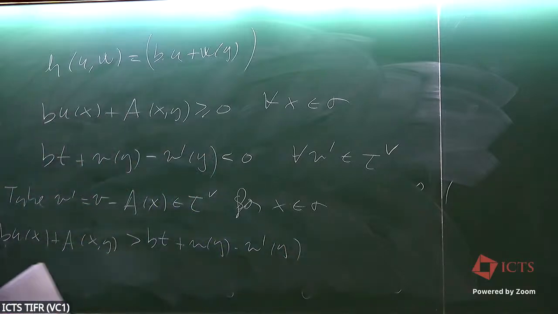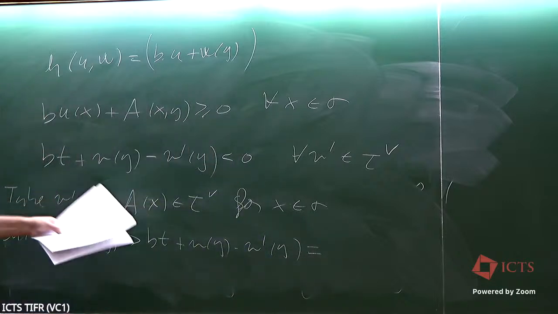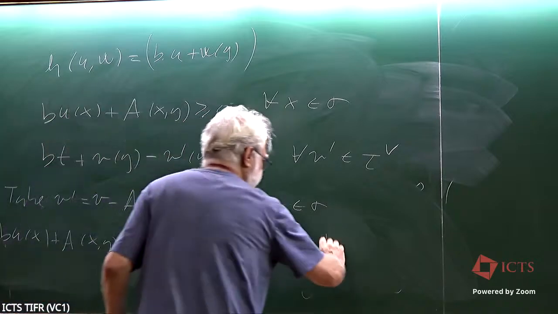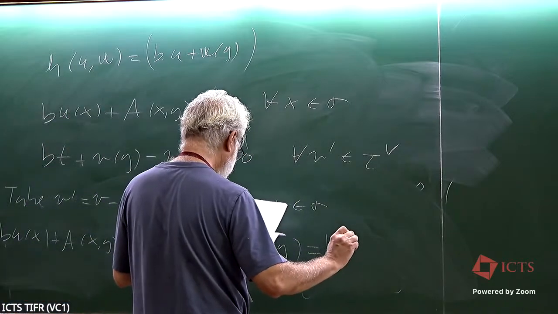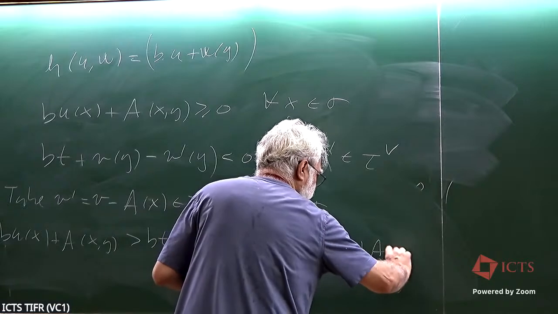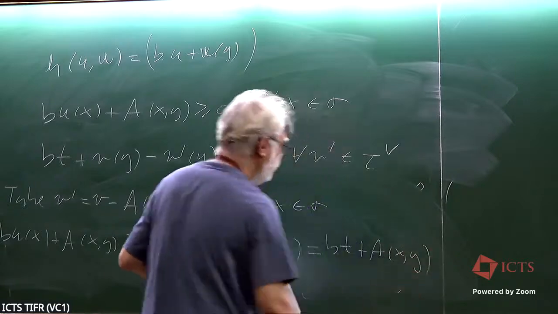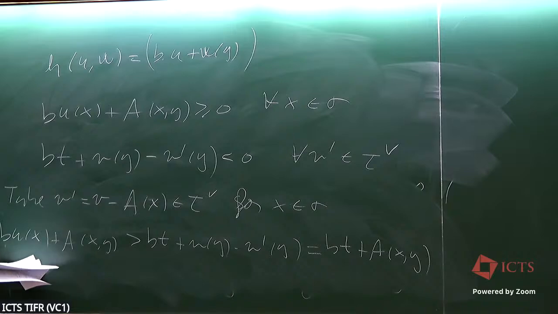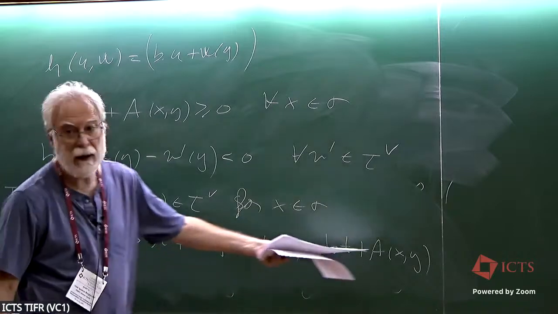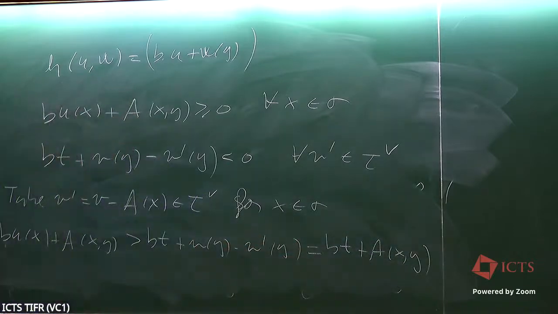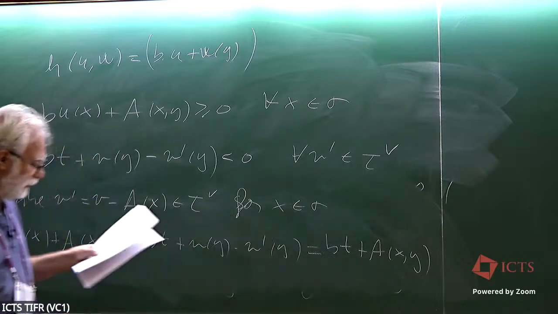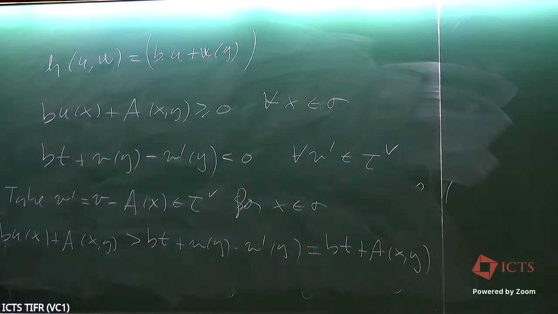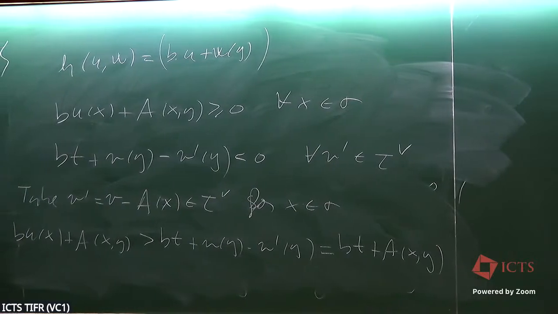which, by this condition that B prime is this guy here, the B is cancelled, this is BT plus A of XY. Okay? So we have that this quantity has to be strictly bigger than this quantity here. Okay? But this for all T smaller or equal than lambda. Since this has to be true for all T bigger or equal than lambda, we deduce that